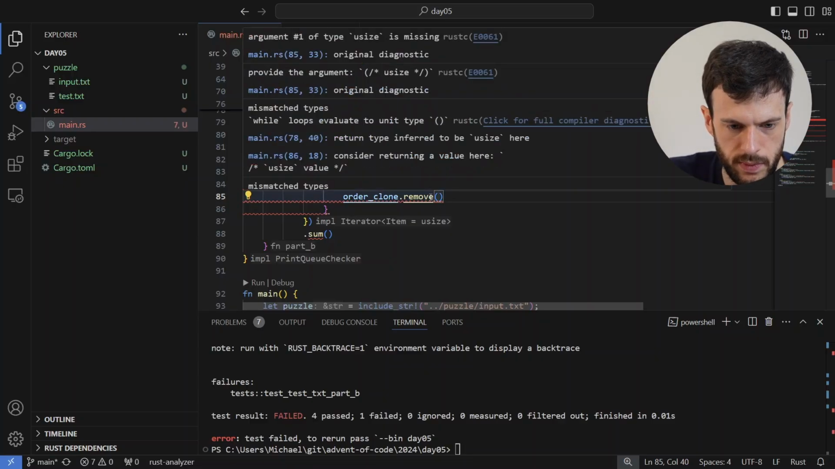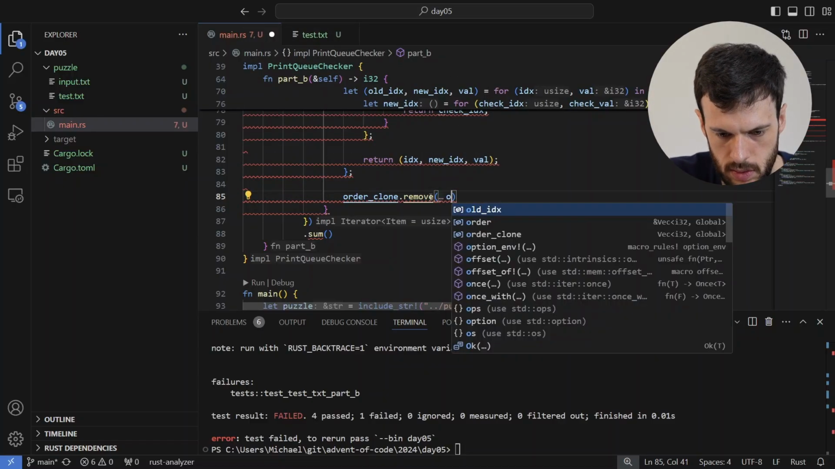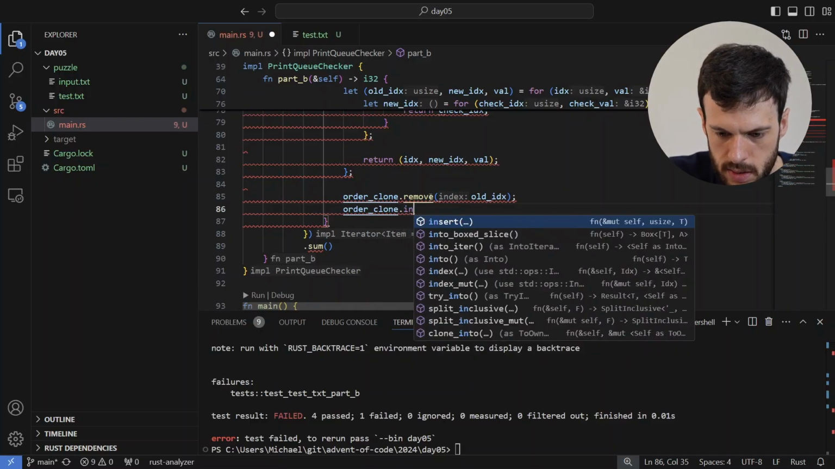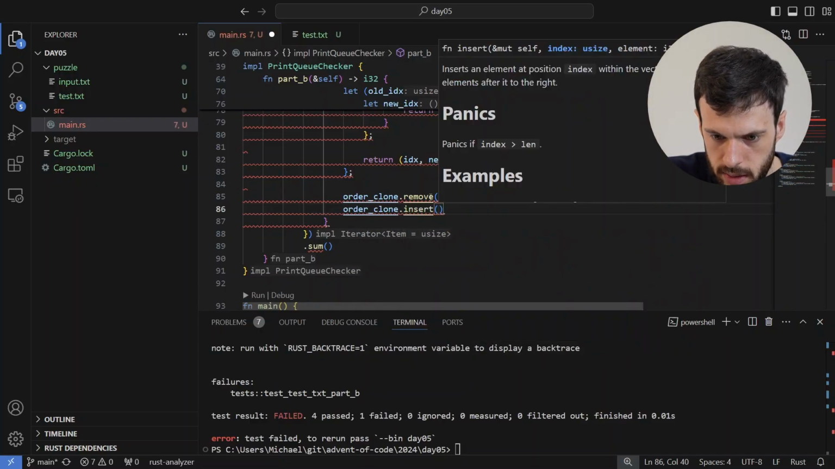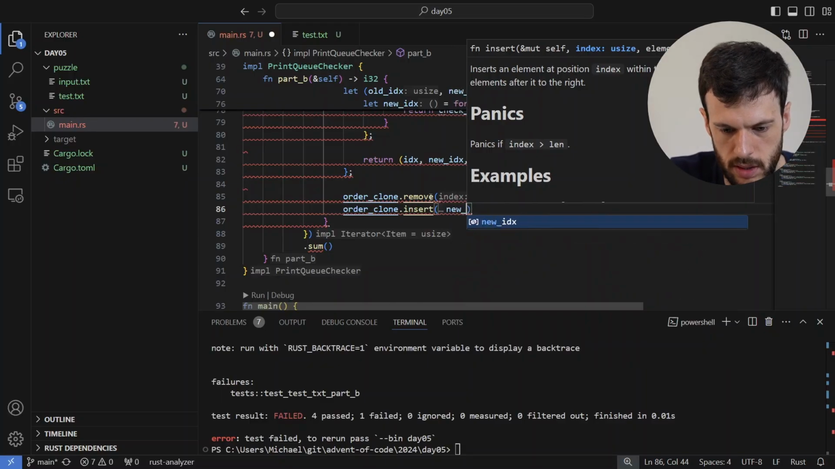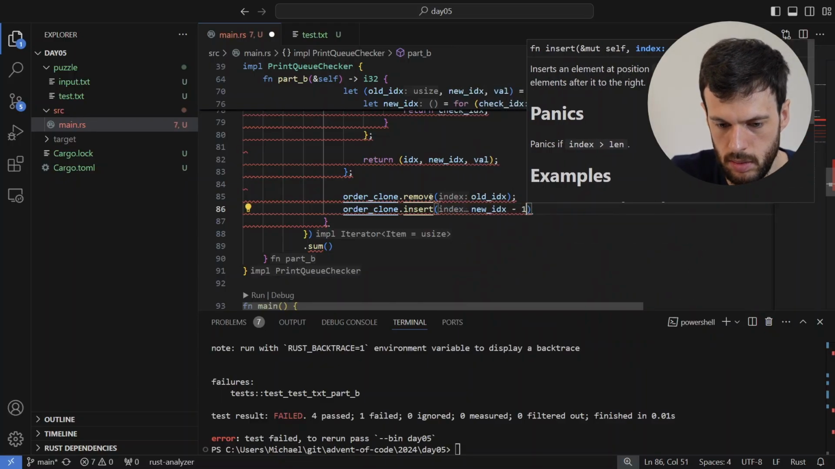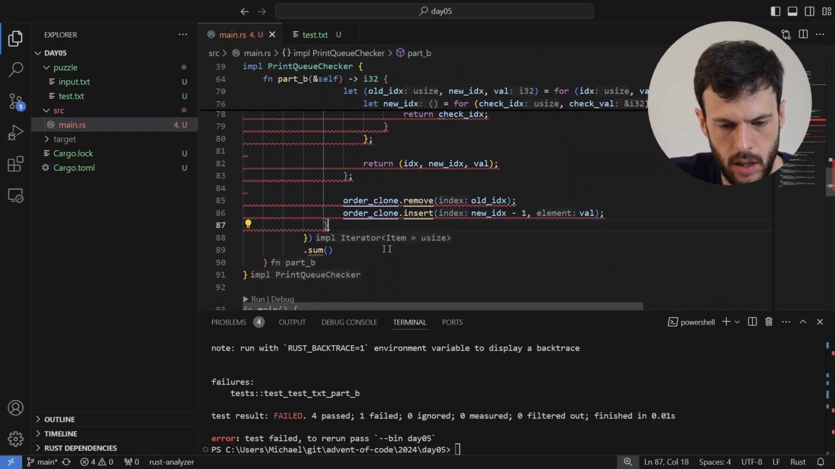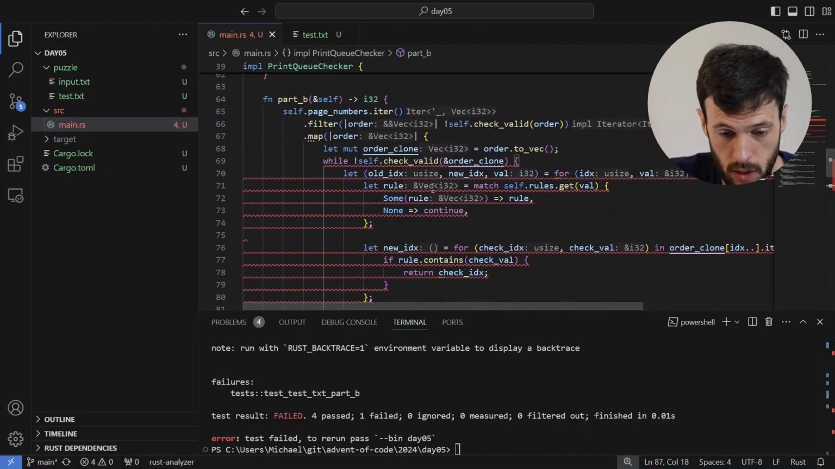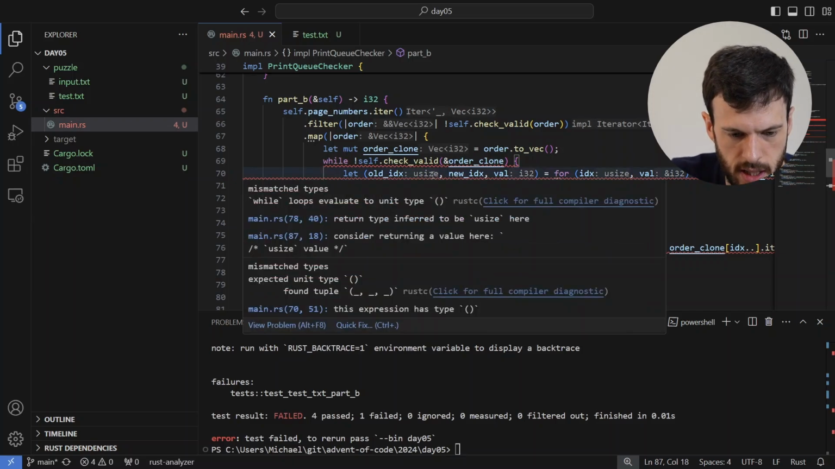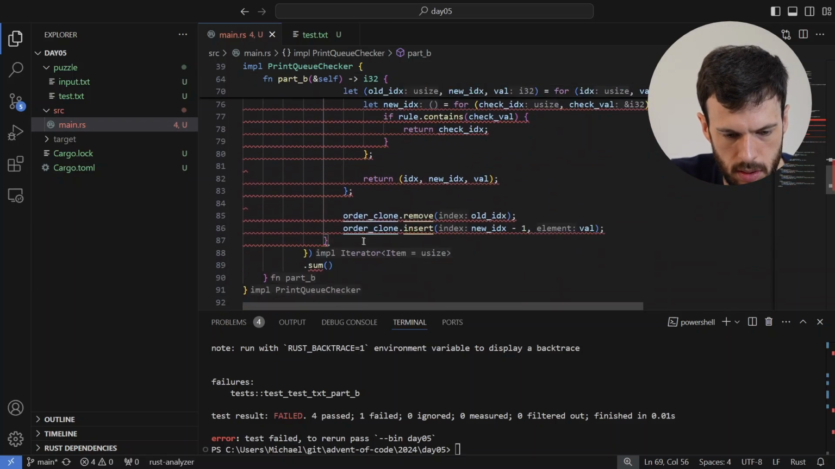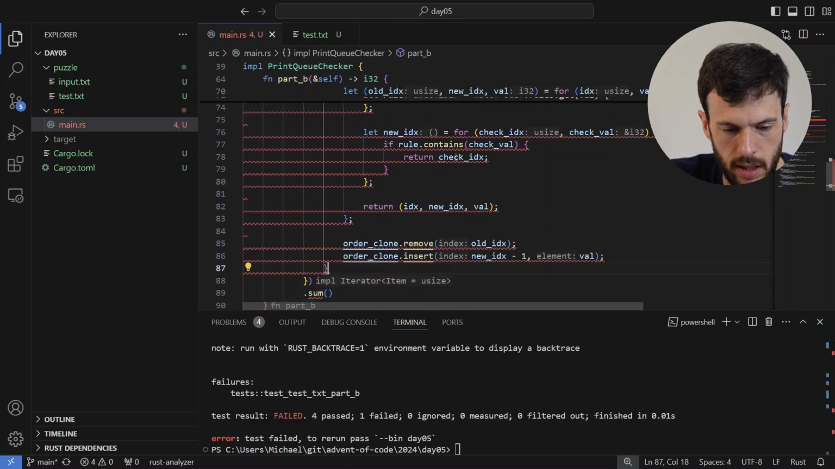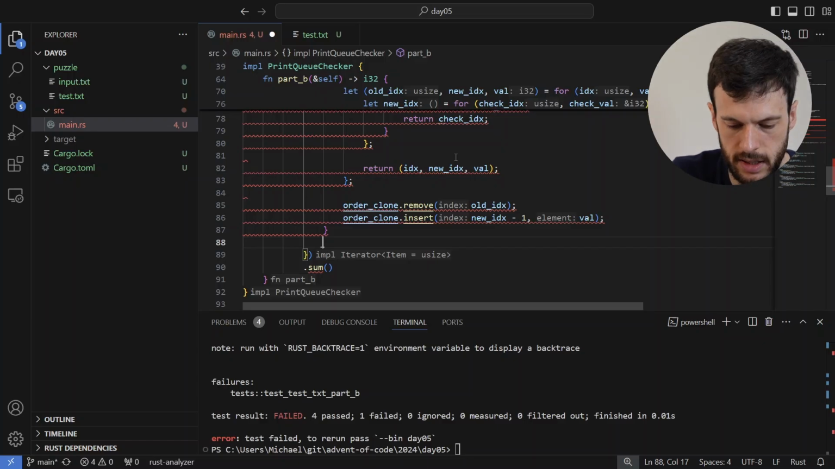So this should remove an index. Yep, it does. So I can remove the old index. Now I need to order clone dot insert at a particular point index. That's what I want, which will be the new index minus 1 and the value. Okay, that I think should work. Mismatch types. While loops evaluate to unit type. That's fine. Oh, it's because it's mapping it. Right, so now I need to actually return